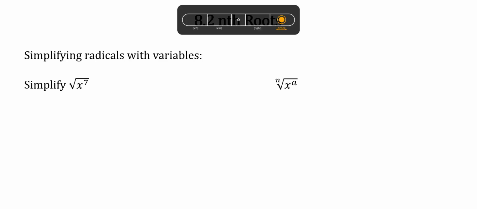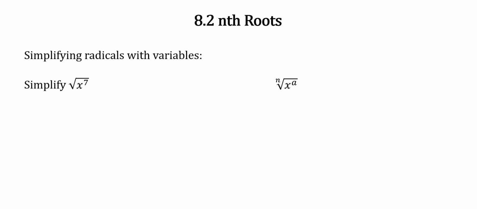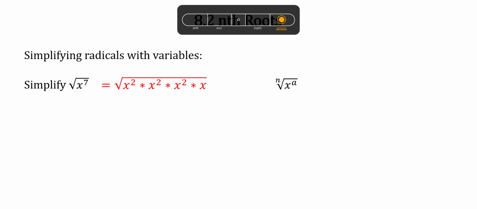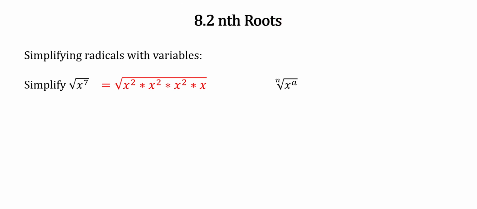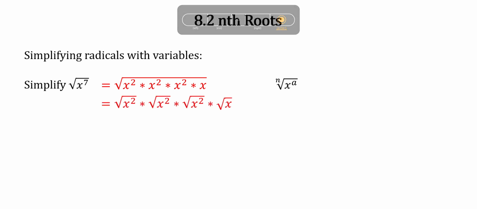Okay, let's talk about simplifying radicals. We've done it with numbers, now we're going to do it with variables. A way to think about this is the square root. So how many x squareds do I have in x to the 7th? And I look at it that way. So x squared times x squared times x squared times x would be x to the 7th. So then you can break them up. You can do it with multiplication, division. You cannot do that with addition and subtraction. But this is a property of